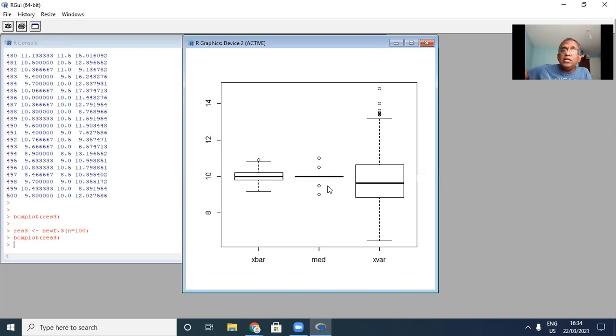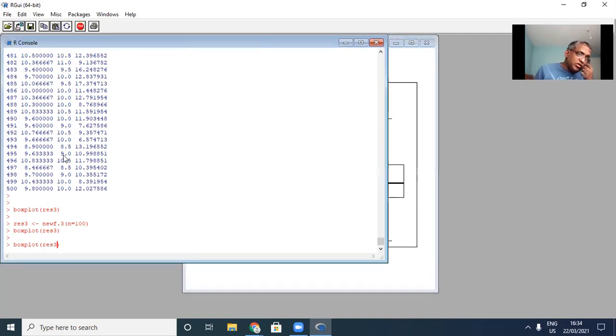Because of the way the median is defined, that is, it has to be the middle data point, it can only take values that are actually in the data. So that's why the variability is smallest. The variability is smallest for the sample median, second smallest for the sample mean, and largest for the sample variance. Now, if you change this to, say, 200